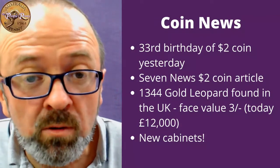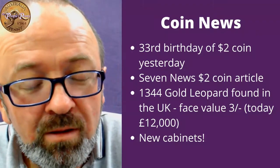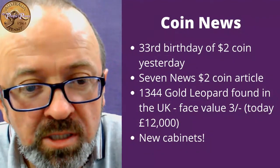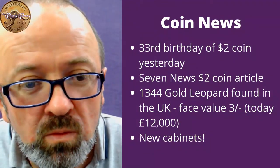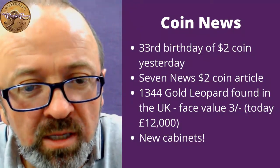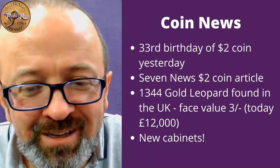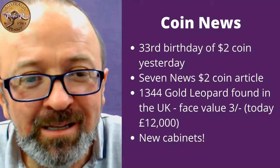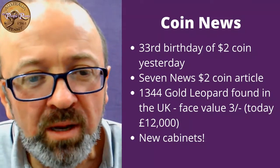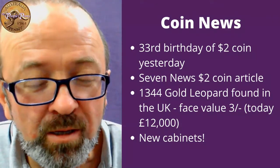in 1344. It was only minted for a few months, and the face value of the gold leopard in 1344 was 3 shillings, and there's 12 pennies to the shilling, and back then pennies were silver, so 12 silver pennies to the shilling, and the gold leopard was 3 shillings, so 36 pennies. If you apply an inflation calculator to what 1 silver penny was, and back in 1344 a silver penny was about 2 days pay, I believe, it means that the gold leopard today would have a face